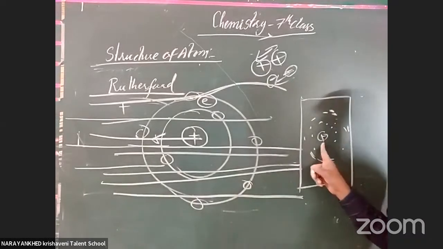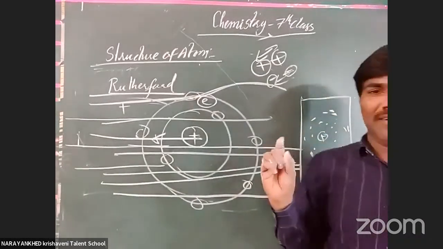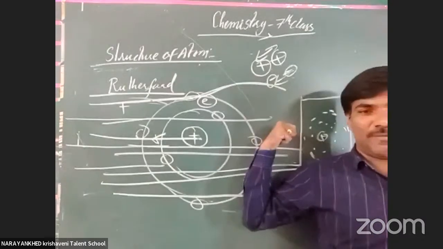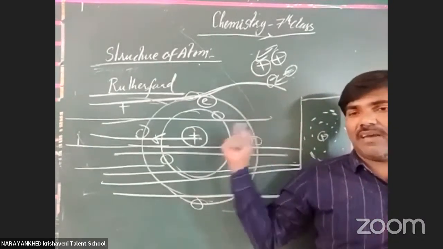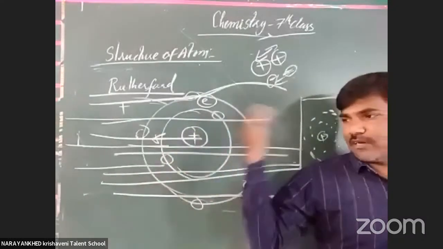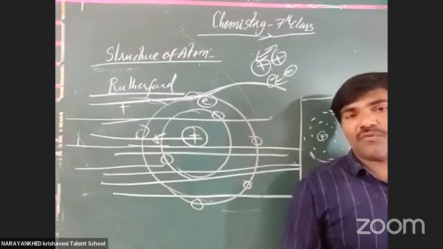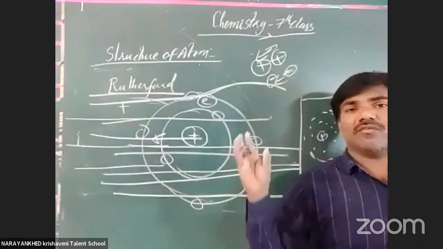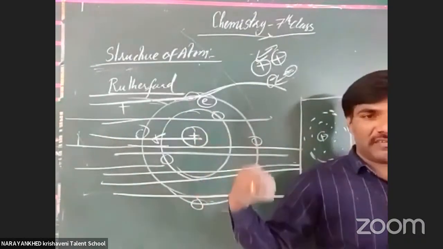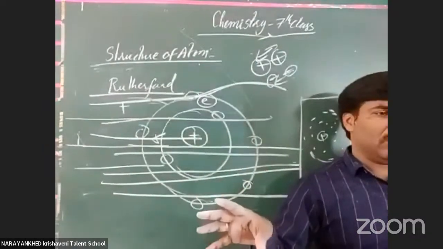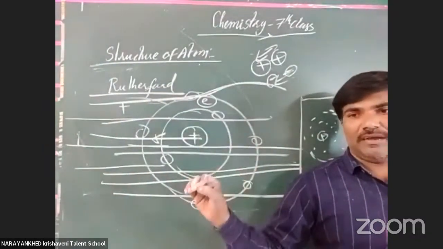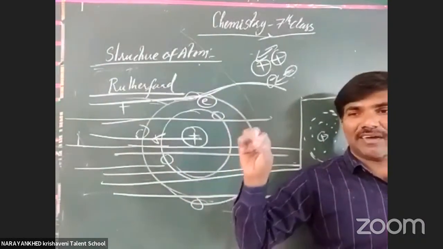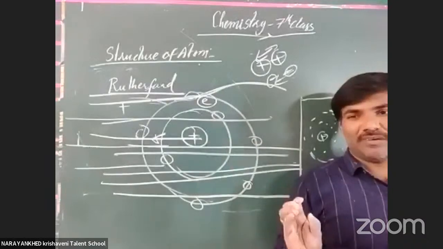Okay, the center is the content, the heaviest mass. Around it, the deviated particles are deposited. And so many particles penetrated through it. From this, he concluded the atom contains which model? Yes, the solar system model, or it is also called the nuclear model. According to this experiment, 90% of the atomic structure makes it. The center contains positive nature. Okay, means what?